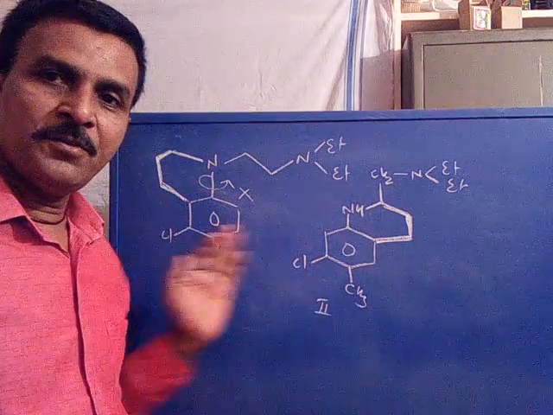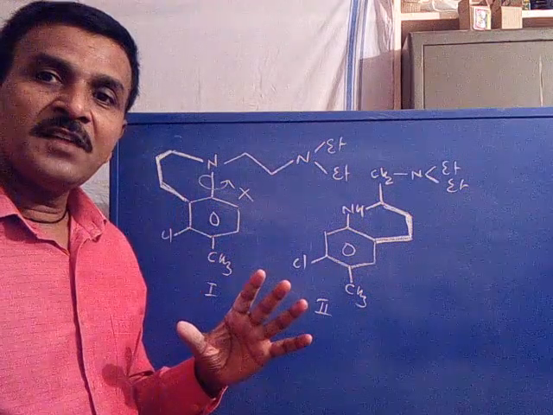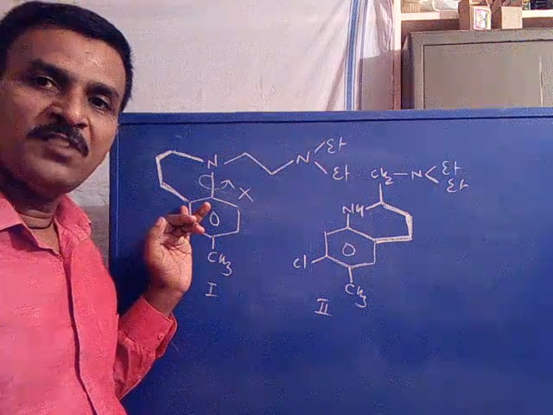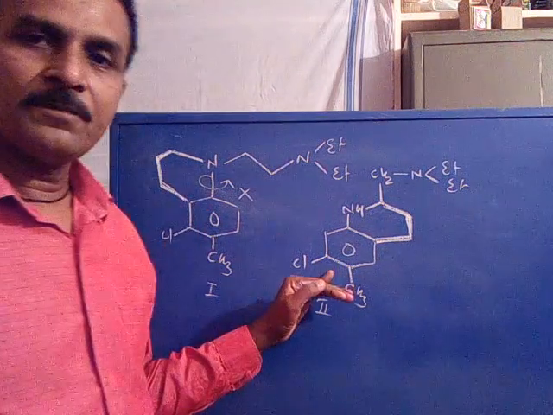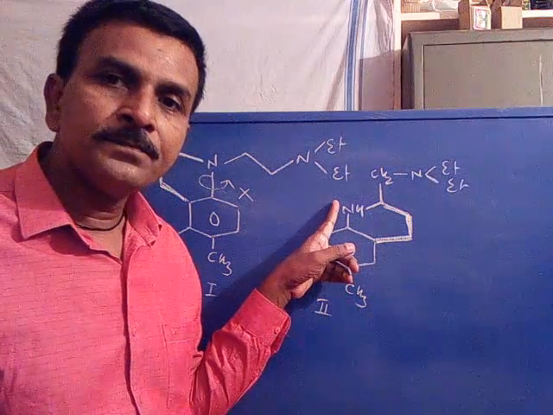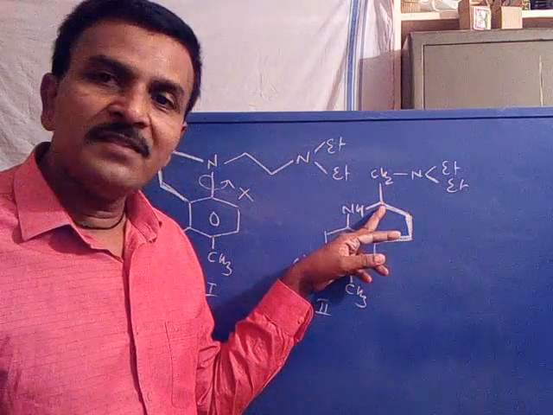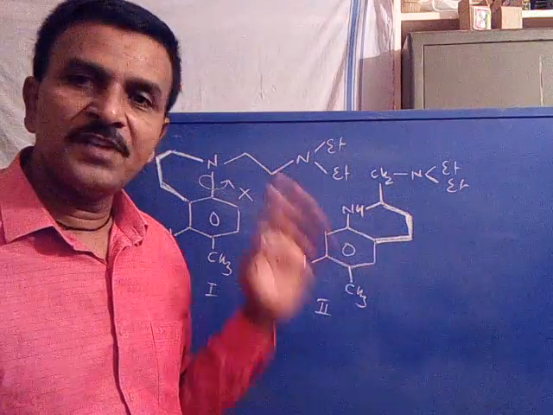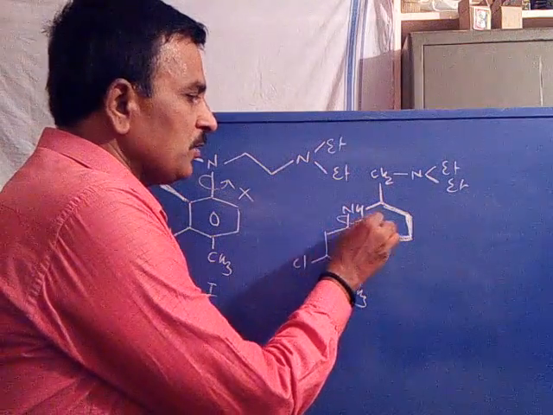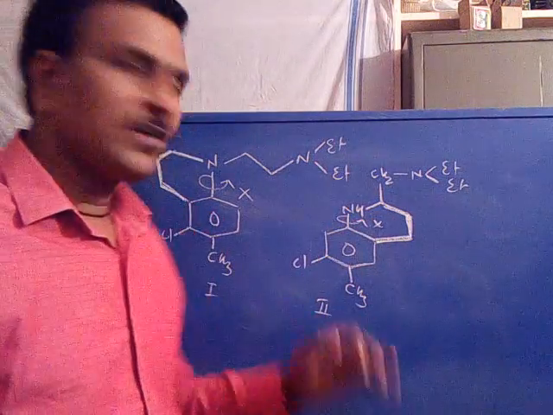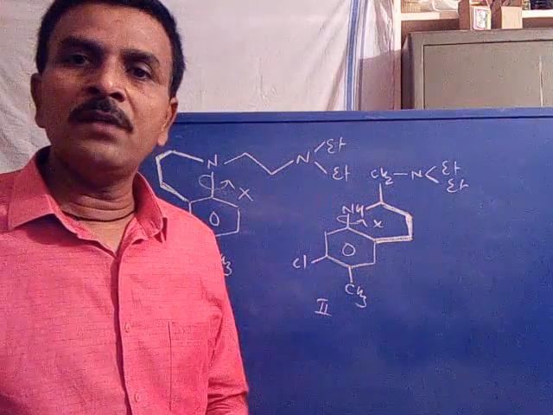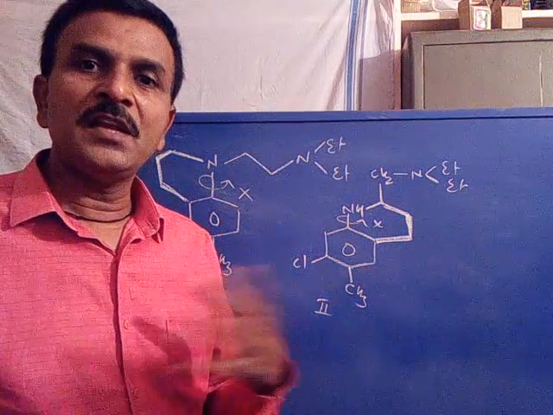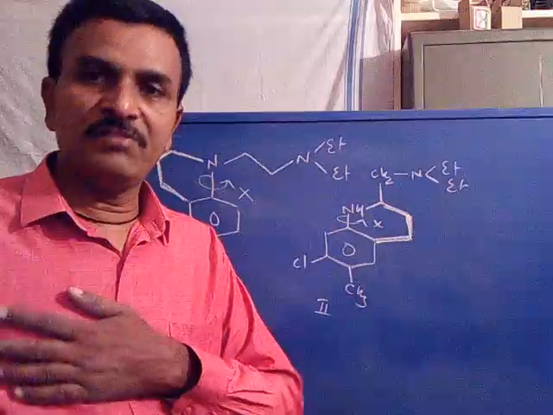Are you following? What is the difference between these two? In the first, rigidification is done involving the nitrogen of myrcene and the ortho carbon of myrcene. Here, instead of nitrogen, a side chain carbon of myrcene and the ortho carbon of myrcene are involved in the rigidification to restrict the carbon-nitrogen rotation. So these are the two structures obtained when myrcene gets rigidified. Why did we rigidify? Because due to conformational change, it is inactive in humans, therefore rigidified.